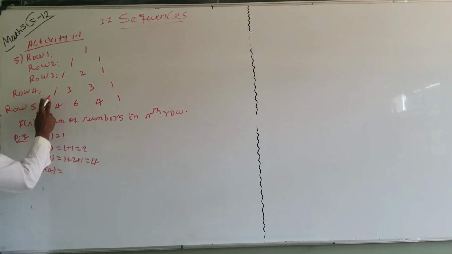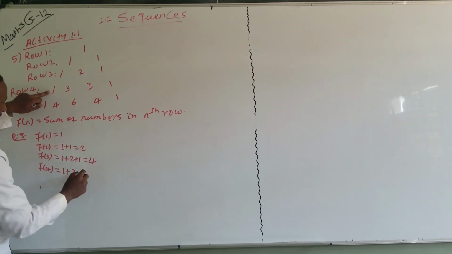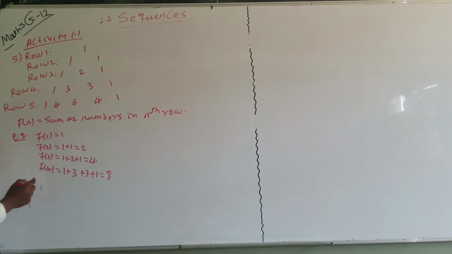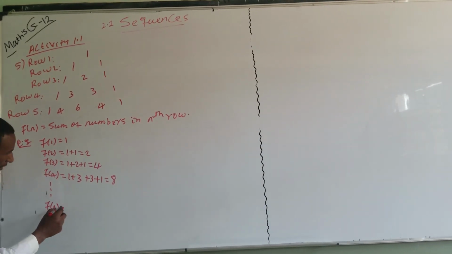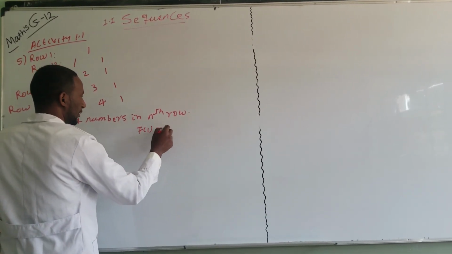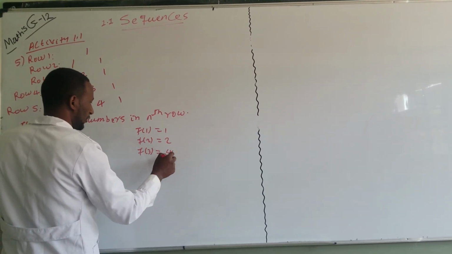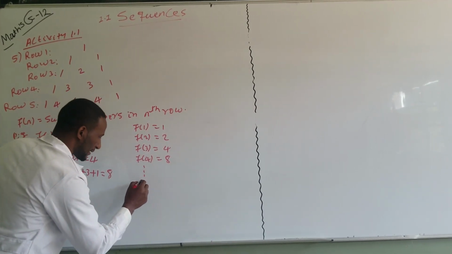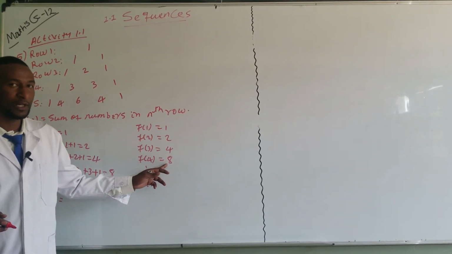F of 4 is 1 plus 3 plus 3 plus 1 which is equal to 8. If we want the general formula for f of n: f of 1 is equal to 1, f of 2 is equal to 2, f of 3 is equal to 4, f of 4 is equal to 8. Looking at this pattern 1, 2, 4, 8,